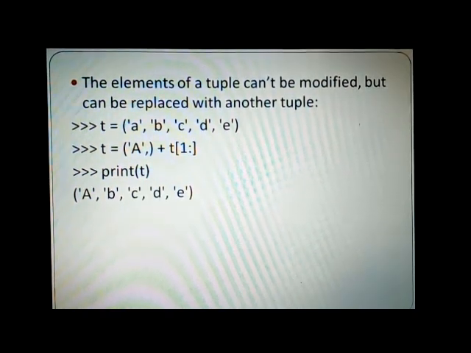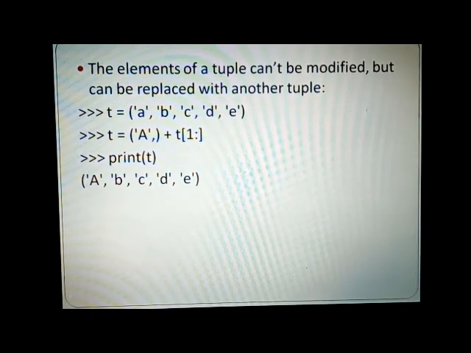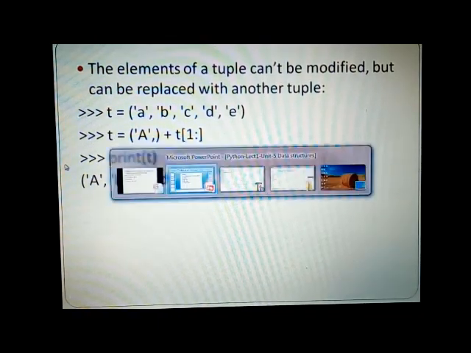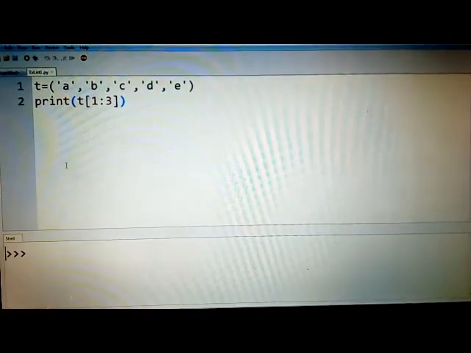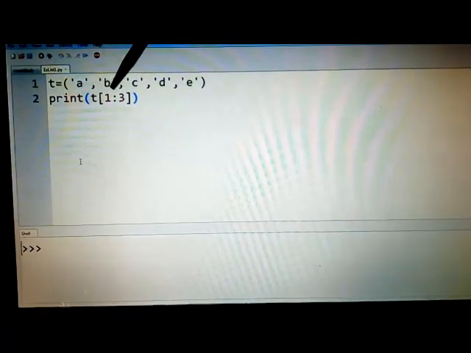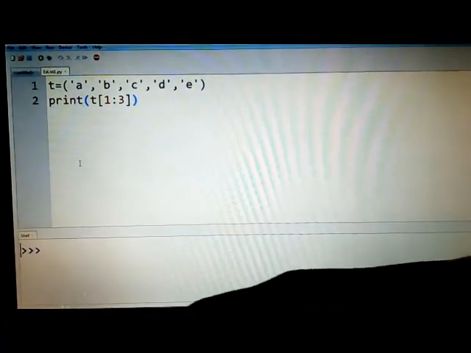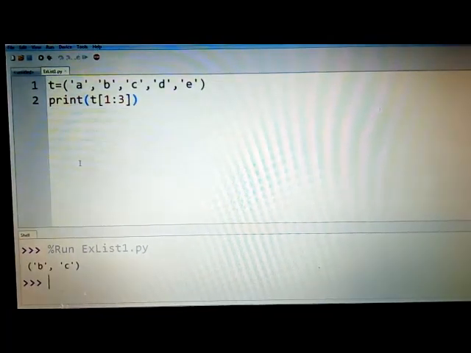And further, let us try to execute this in Python using the Thonny editor and actually visualize it. Now I have already typed here t equals a, b, c, d, e. Now if I say print of t of 1:3, and press F5 to run this, then I would get BC here.